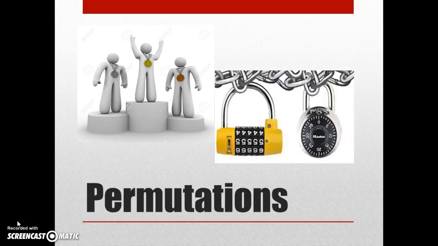So again, we're talking about permutations. If you look at these pictures, it's showing you the different ways in which you can arrange something. For instance, if you look at the first picture, we see that somebody's won first, second, and third place, right? The important thing to remember about permutations is that order matters. In the first picture, once somebody wins first place, no one else can take that person's spot, right? Then you get second and third.